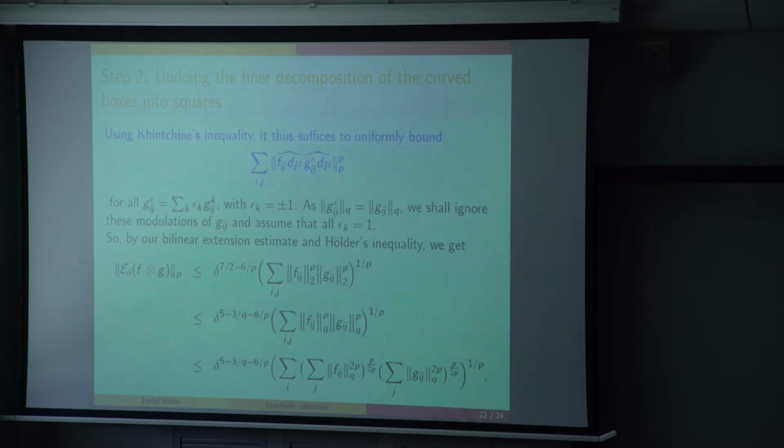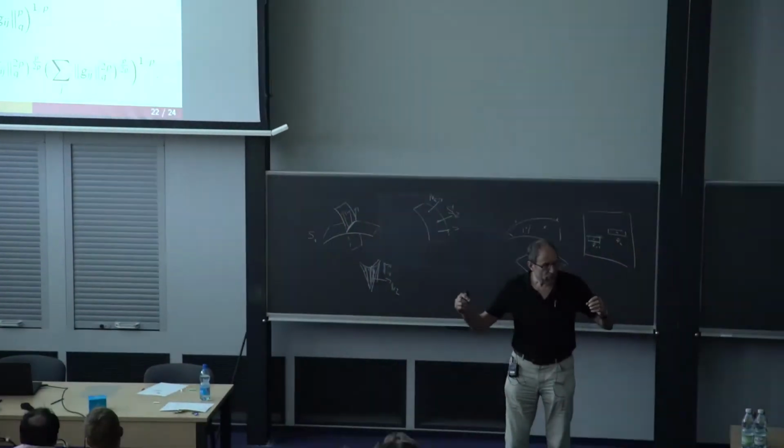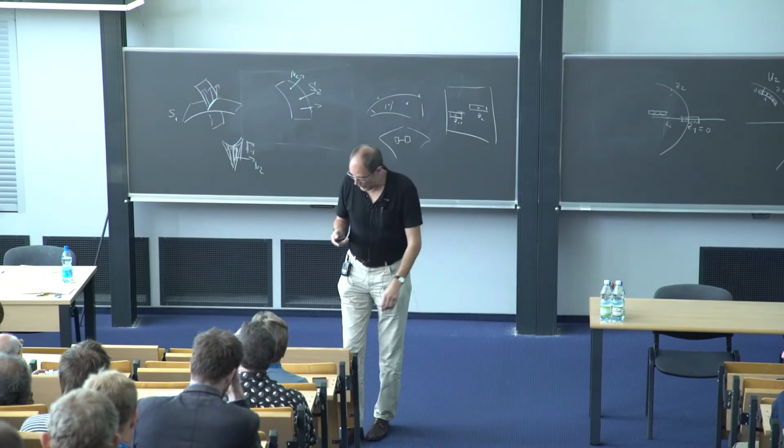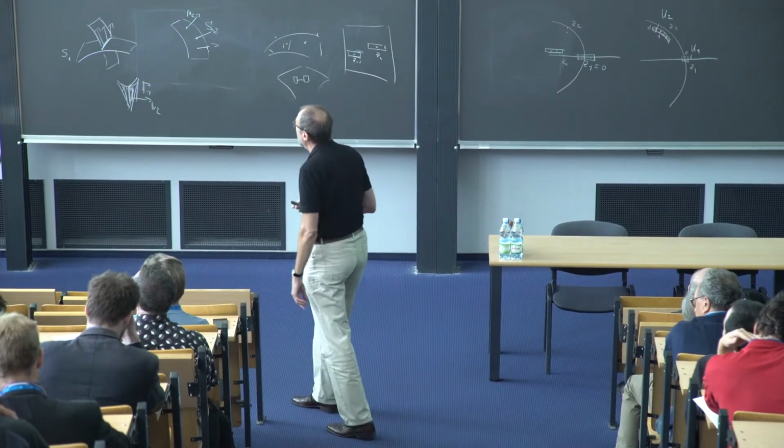And that way, we can use our bilinear estimate, which we had done before for the curve, for the pair of a function living in the curved box here and the square here. So we apply this bilinear estimate, and that gives this estimate here. As I said, the G_ij is now supported in a curved box, the F_ij is in a horizontal box of thickness delta, and we pick up this power of delta here.